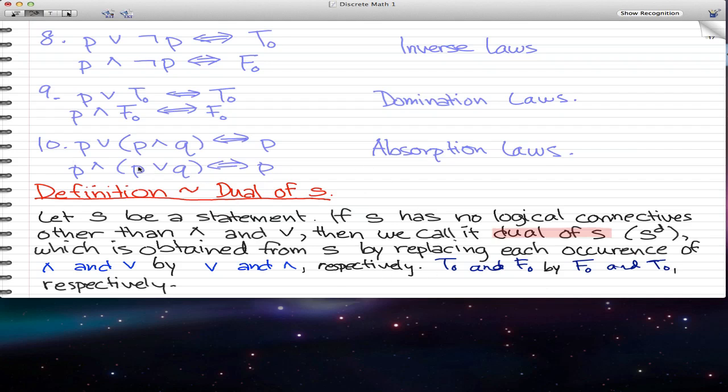Now, the definition that we're gonna go through next is the dual of S. This is not exactly related to the laws of logic, but you'll see. So, this is the definition. Let S be a statement. If S has no logical connectives other than and or, then we call it the dual of S, denoted as SD, which is obtained from S by replacing each occurrence of and or by or and respectively, tautologies and contradictions by